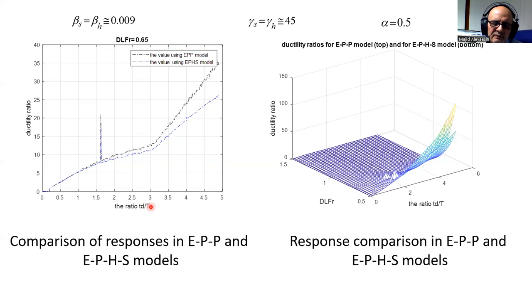This is some kind of change of variables because it is a short pulse. We don't have vibration; we have a shock, a blast. So it is the duration of the blast divided by the natural period of the structure, and this is the ductility ratio. Obviously, the top curve, which is black, is the EPP model, and this is for a particular dynamic load factor. For a series of load factors, we have the whole data gathered in this top curve for the EPP model.